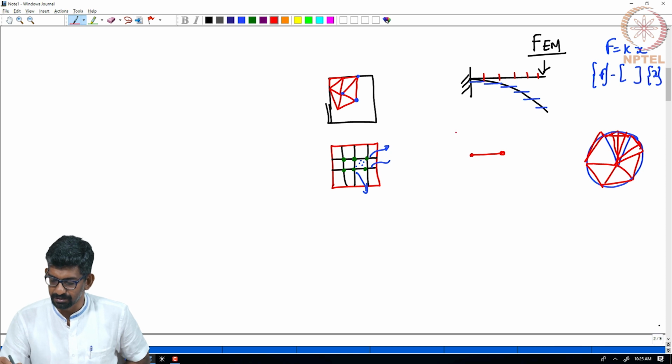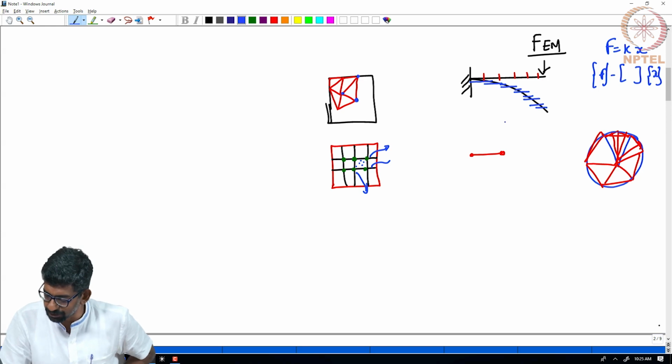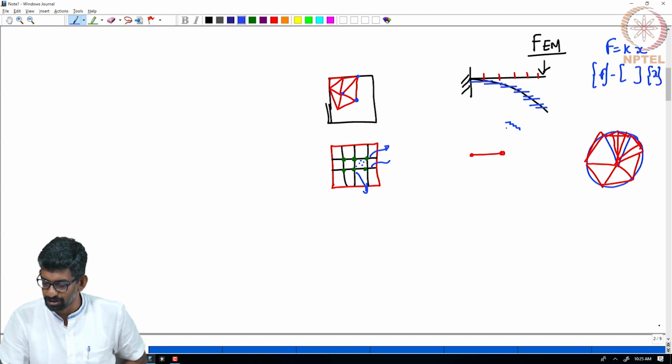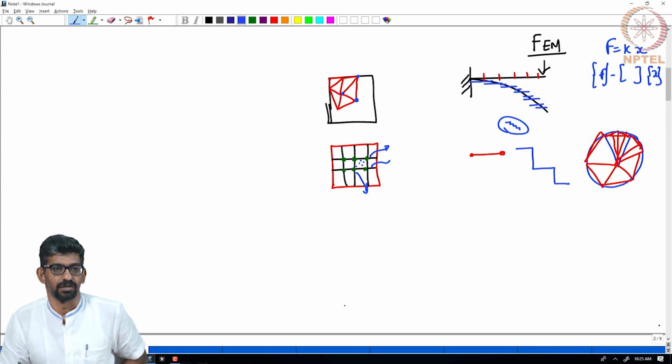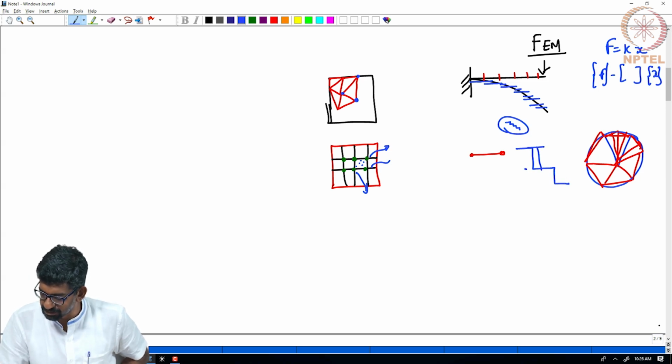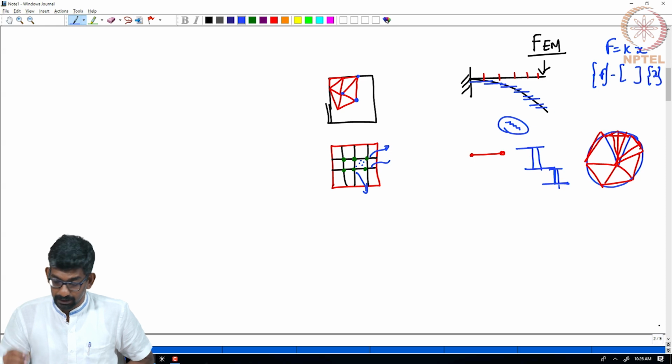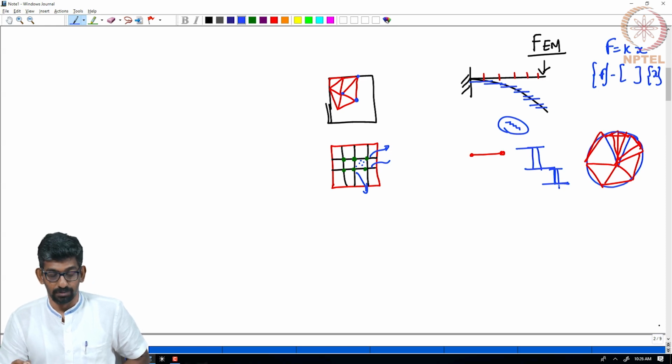So, in a similar sense, okay, I am trying to do this. What could be a better approximation is, yes, I could use more number of elements, that could be one option. Okay. Still what you are trying to do is you are trying to do this. I do not know whether you are understanding. If I am going to zoom this, what it means is, okay, it's actually not even that, it should be like this. It's a step function. Okay. What I could do still, because what do I need to know to represent this particular line?